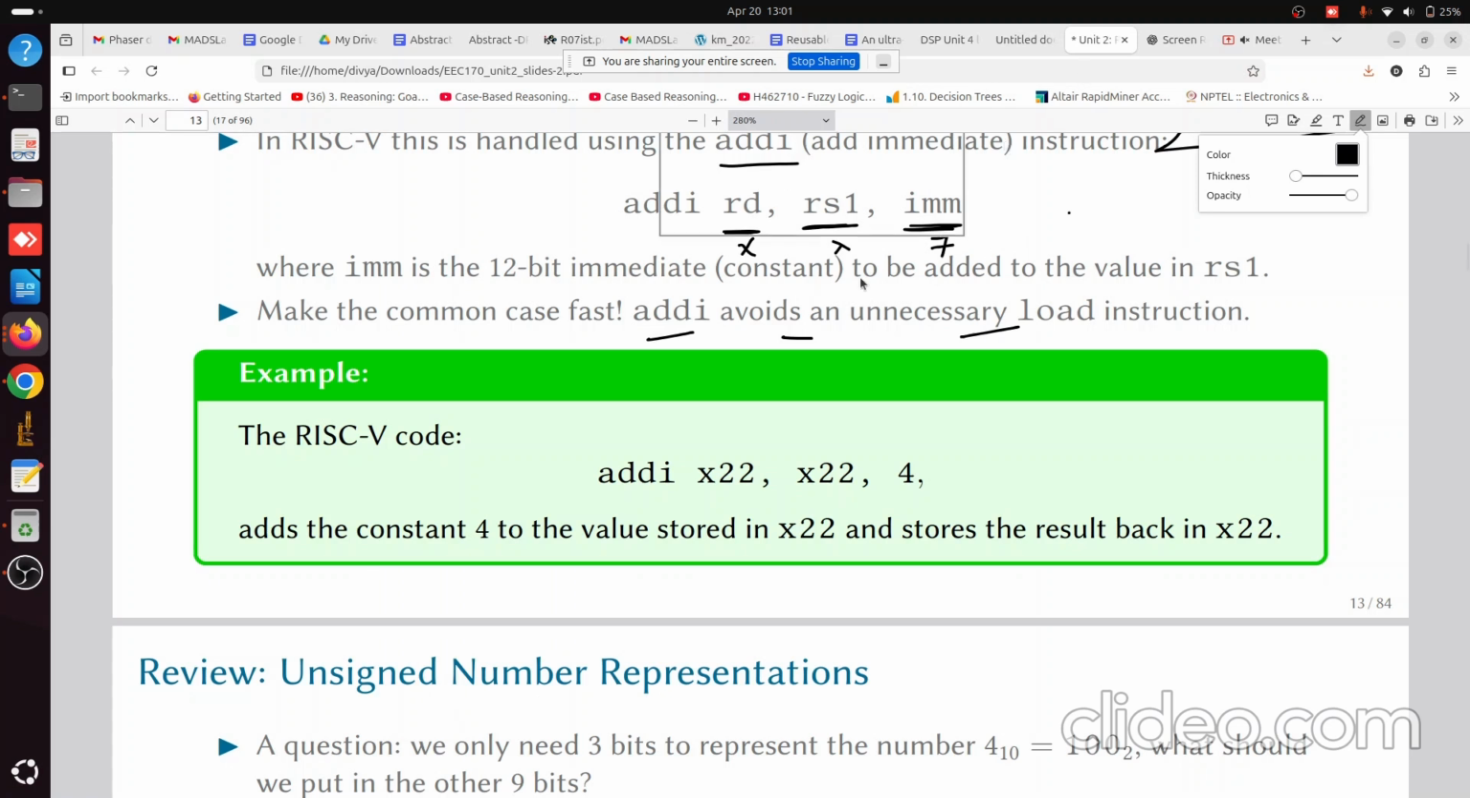Did you understand? Wherever you have I immediately after the operation, that is called the immediate. Now you see here, this is an immediate constant 4, you add it with x2 and you put it again in x22. Did you understand? So the meaning is x22